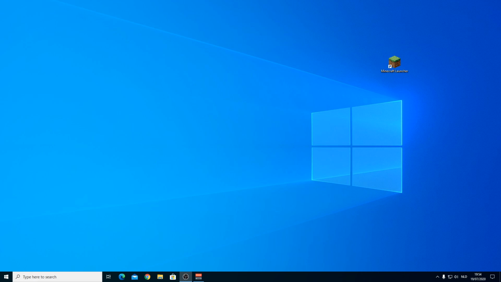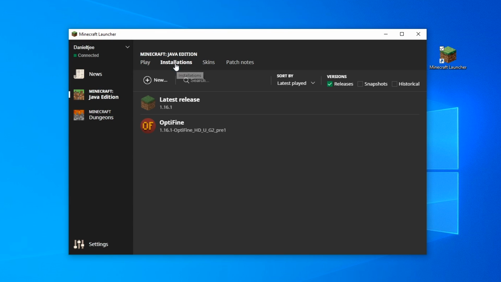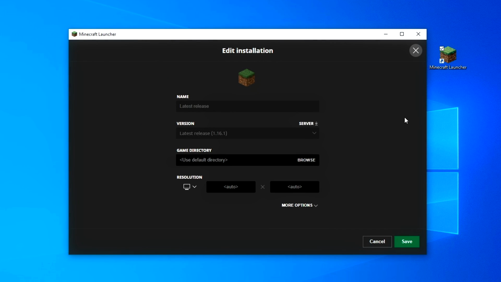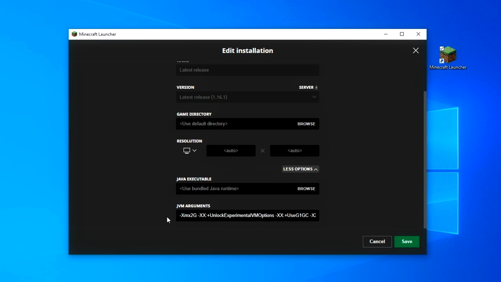So there's one other thing that you can do to actually boost performance, and that is allocate more RAM to the game. In order to do that, what you're going to want to do is launch Minecraft, go into installations, look for the profile latest release, assuming that's what you're using, then look for these three dots, click it, click edit, and now you're going to see something like this where it says edit installation, and you're going to want to click more options, scroll all the way down, and then you're going to have this list of weird looking